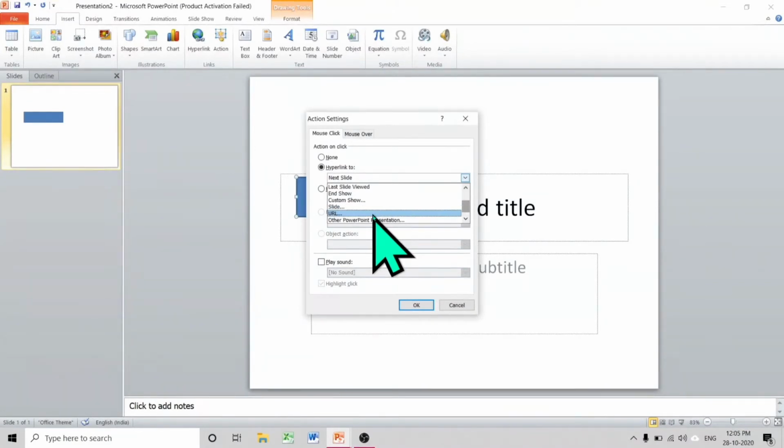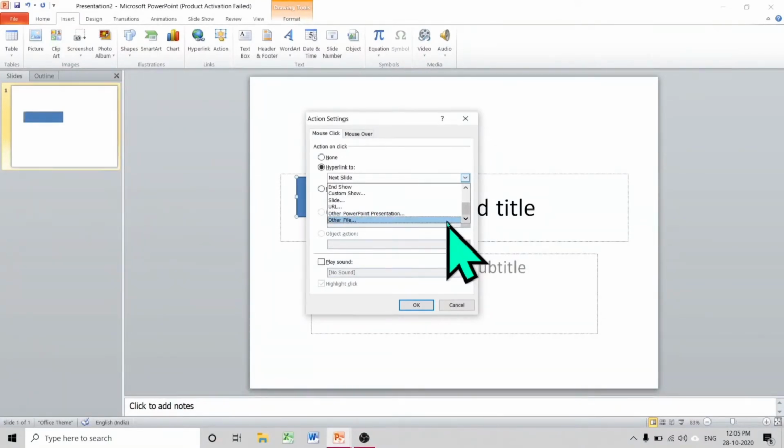Next one is URL. URL means what? I want to open any website. When I click on this action button, I will use this URL. Other PowerPoint presentation means I want to run any other slideshow, not of this file but of other PowerPoint files. I can use that.